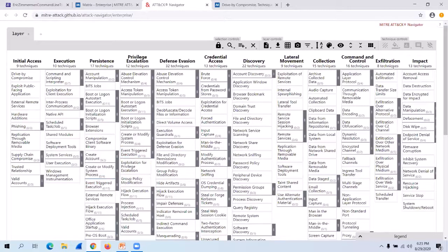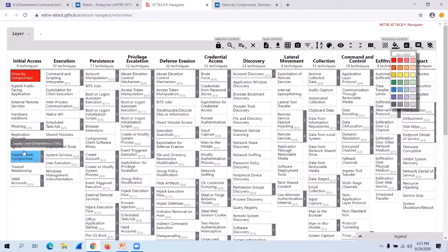I'll show you how. Let's suppose I select drive-by compromise. I can go here and change the color. This is very important to understand right now, because during purple teaming activities, and especially during adversary simulation or emulation activities, you are going to be heavily using this particular Excel sheet for the techniques that you will be targeting. Like there you observed network scanning and a drive-by compromise in your network, so these two techniques you can take. There are different ways we will see in the upcoming slides how we can utilize them.